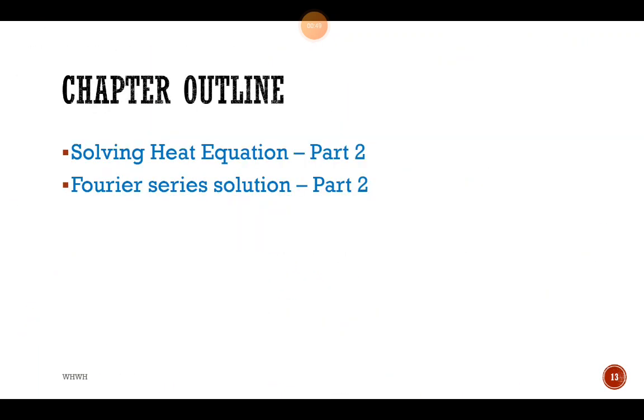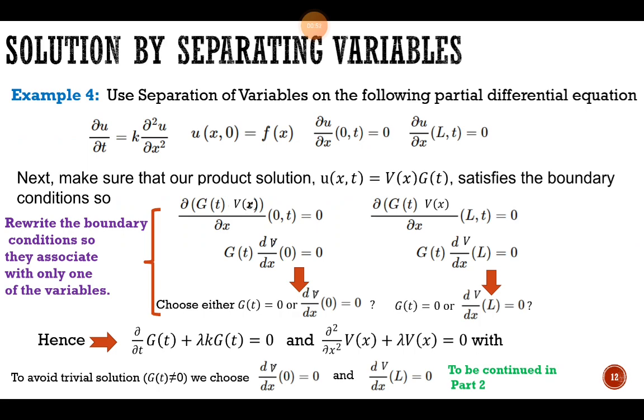Here you are, example 4, where we have the question as this one, del u over del t equals k del square u over del x square. u as f(x) is the initial condition, del u over del x (0, t) is equal to 0, del u over del x (L, t) equals 0. And in fact here, when we're done with the separation of variables, it says to be continued in part 2. So we are going to carry forward the solution that we have so far here, where we have